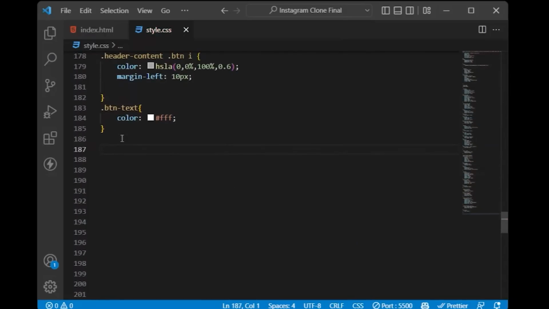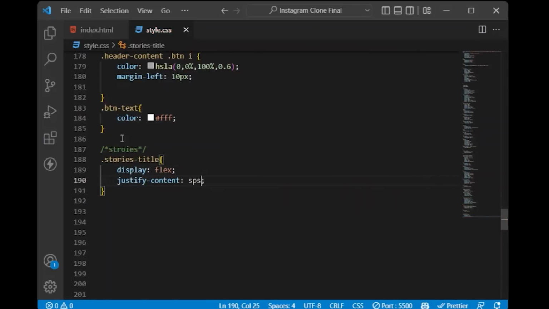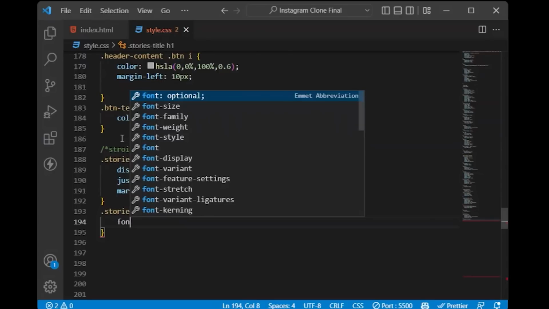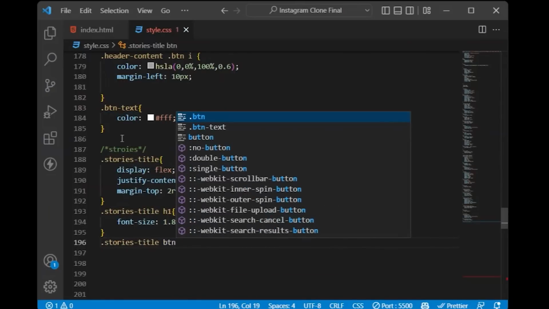Type the comment. Select the stories title, say as display flex, justify content space between, margin top as 2 rem. Select the class as stories title, go inside the h1 tag, say the font size as 1.8 rem. Now select the stories title class again, go inside the btn class,